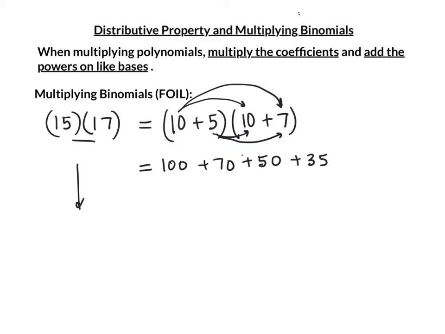Notice how this looks like the distributive property. I took the 10 to both and then the 5 to both. Now, of course, you wouldn't multiply this way, but I want to show you that it works because we're going to use it with variables. Let's work this out. 100 plus 70 is 170, plus 50 is 220, plus 35 is 255. And if I just go to a calculator and I take 15 times 17, that calculator says 255. My point here is that this process works,